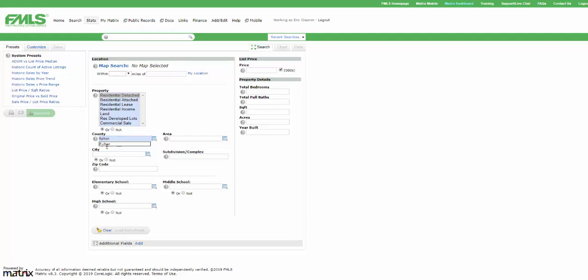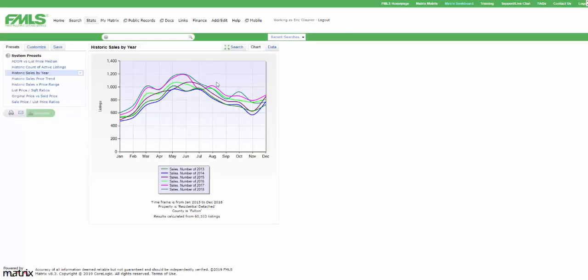Okay. Fulton County, single family homes. Let's click historic sales by year over on the left. So with historic sales by year selected, I'll click generate in this little green capsule area here. And now when I click generate, I get a breakdown of historic sales by year from 2013 through last